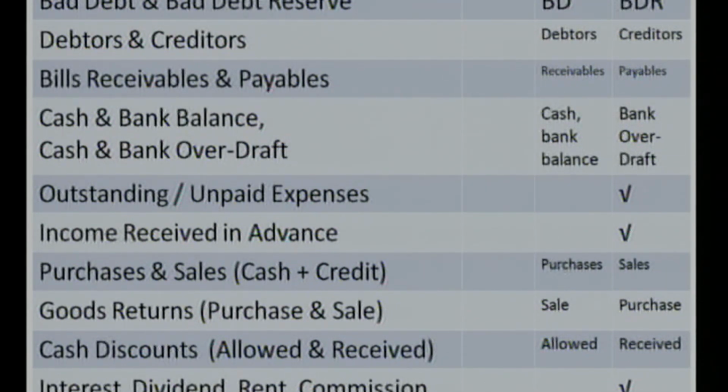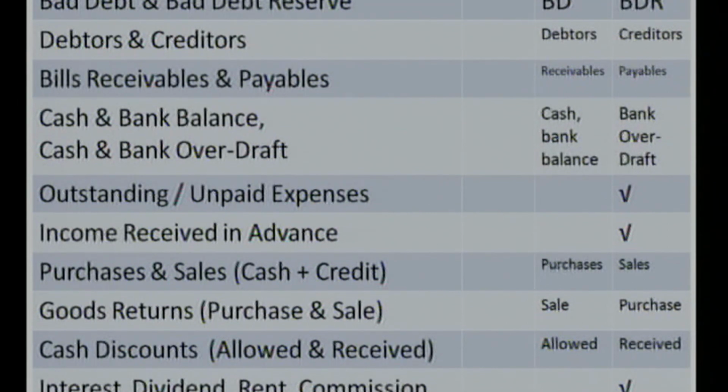So is true for the goods returned, either the purchase or the sales. But if it is the debit balance, then it means that it is the goods which were returned on sale, and the purchase return, that will bear the credit balance. So if it is the sale return, then it bears the debit balance, and if it is the purchase return, then it bears the credit balance.